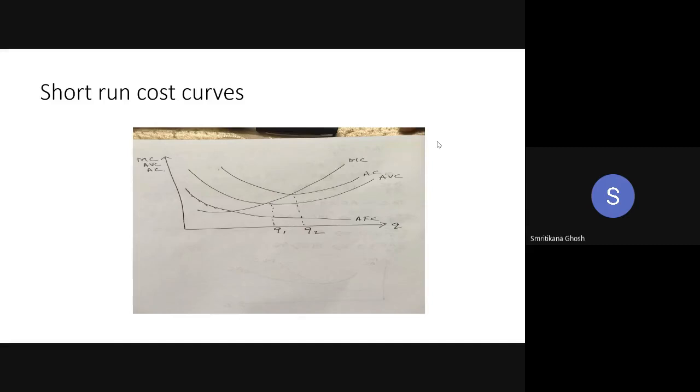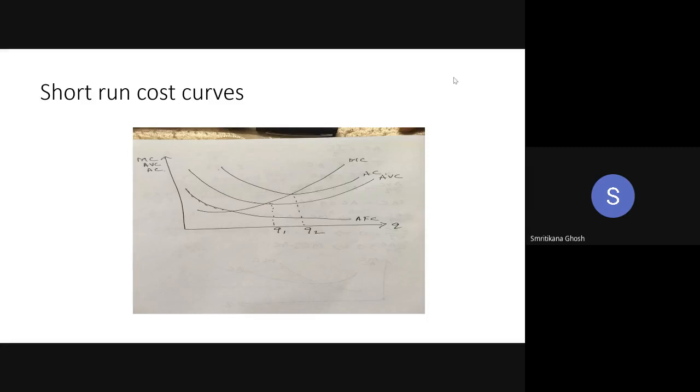So in the short run, you have fixed cost, you have variable cost, you have total cost. And based on all those concepts, you have the average fixed cost, average variable cost, and average cost. Average cost is actually the average total cost, but as it is not good to listen, that's why we are saying average cost. Okay. And the fourth concept is the marginal cost. Marginal cost is the change of the total cost.